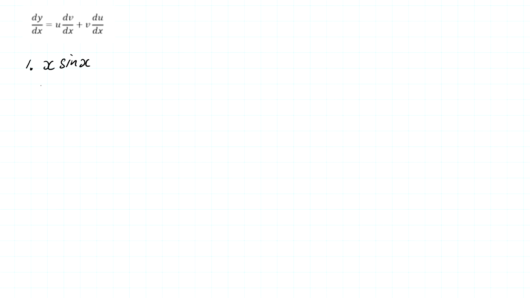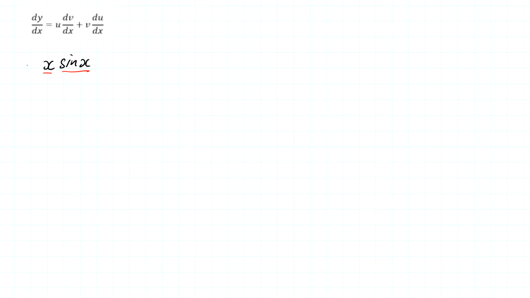Okay. So you've got two functions. This is a function and that is a function. Because you can differentiate x and you can differentiate sine x. Okay. So in actual fact that should be y is equal to. Okay. But in any case, so we will